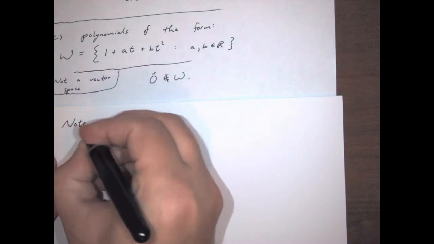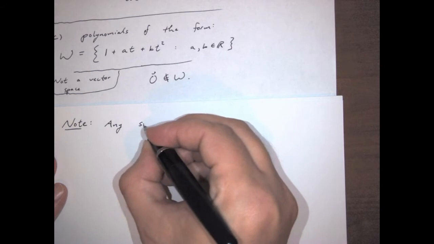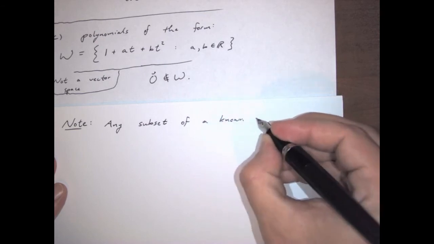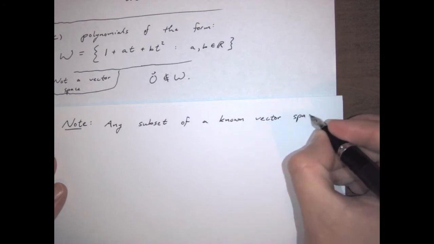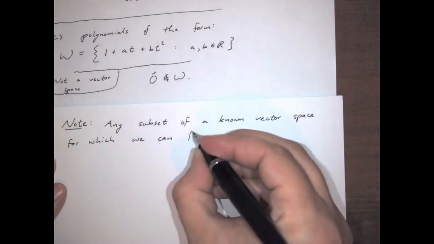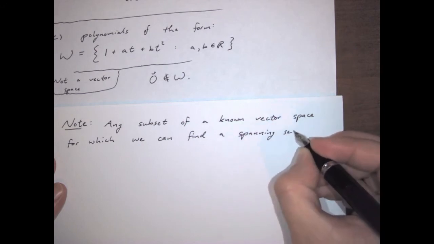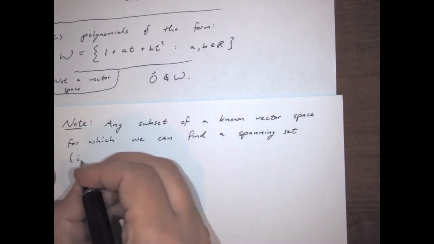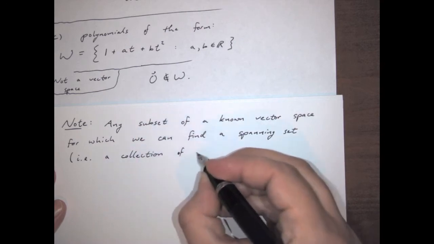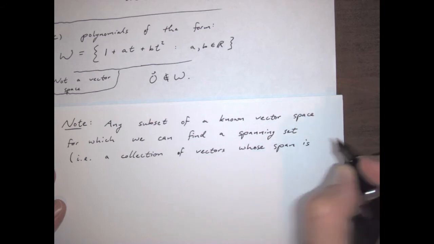So note, any subset of a known vector space for which we can find a spanning set, i.e., a collection of vectors whose span is W,